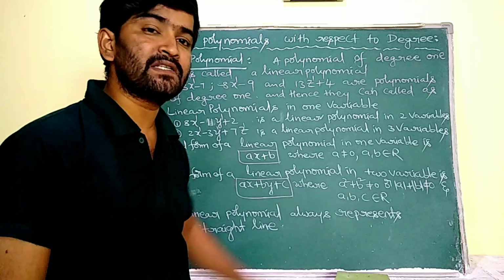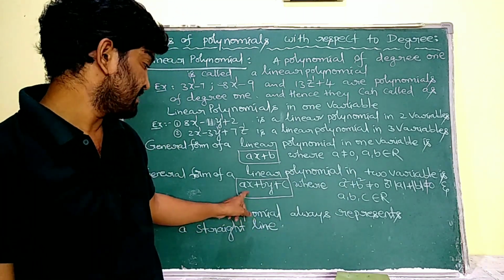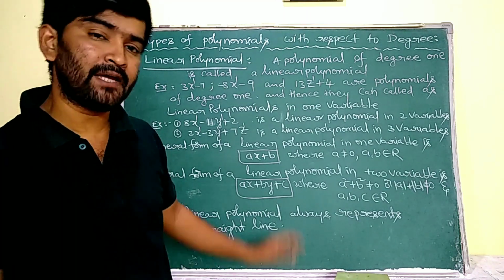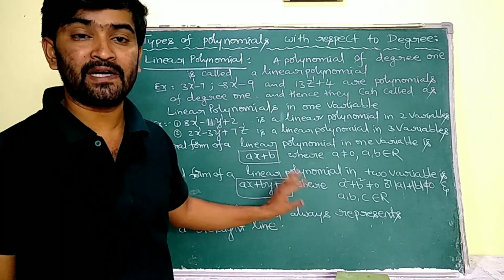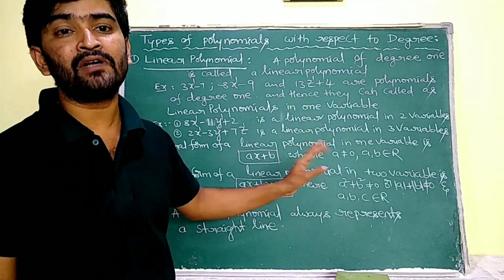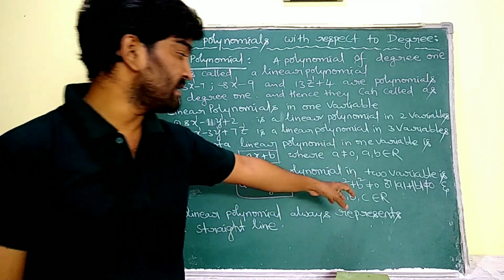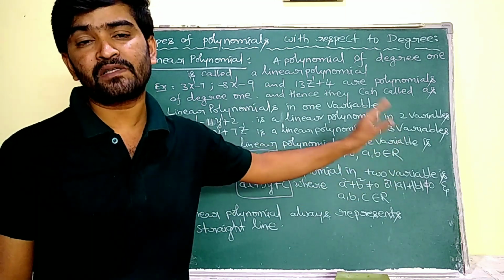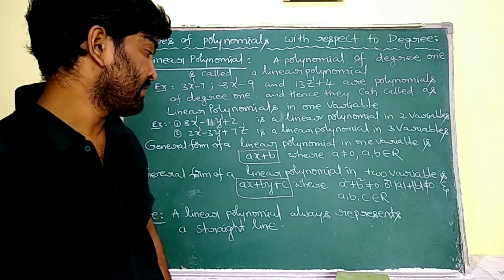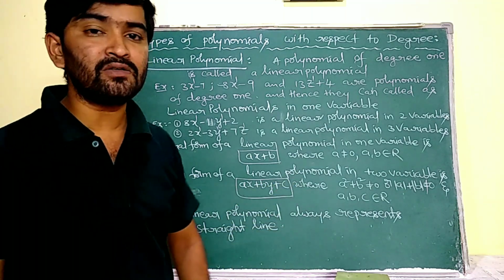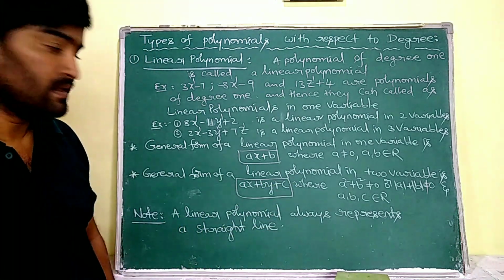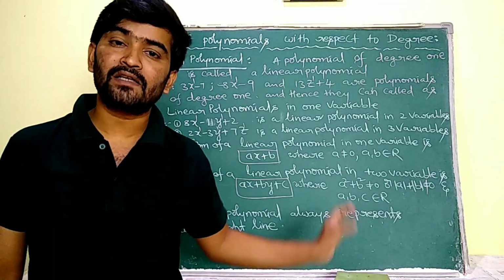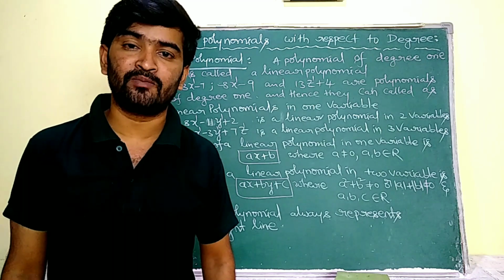So a square plus b square not equal to 0 indicates that a and b are not going to be zeros at a time. Okay, a may be 0 or b may be 0, but a and b are not 0 at the same time. That is what this condition, a square plus b square not equal to 0 or modulus of a plus modulus of b not equal to 0, means. And here a, b, c belong to real numbers. Also, we have made it very clear that a linear equation always represents a straight line. All these are very important things in the linear polynomial.